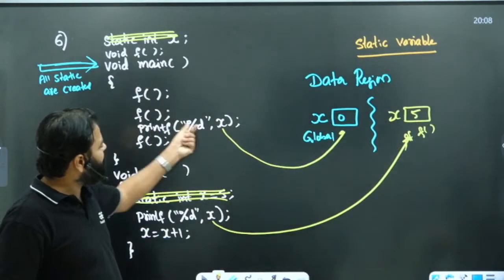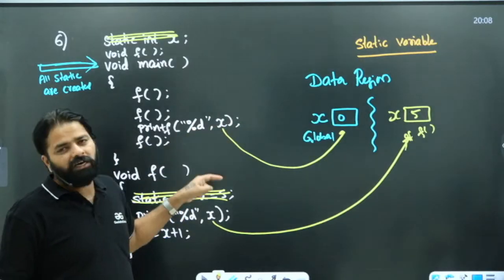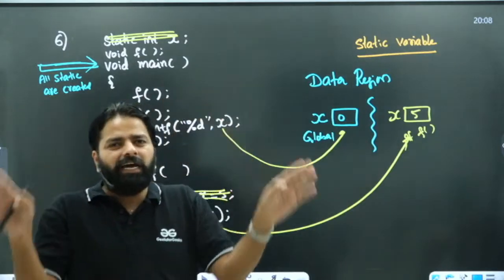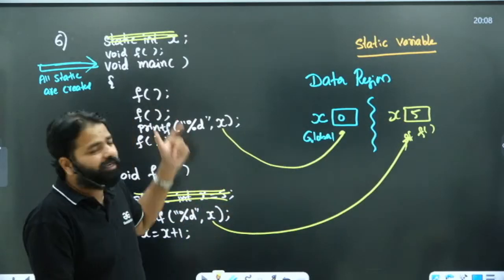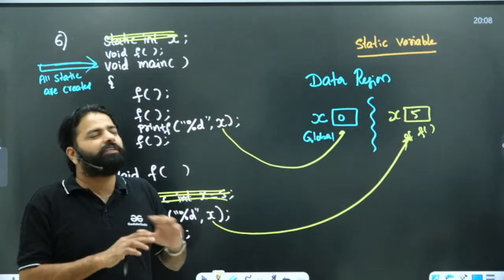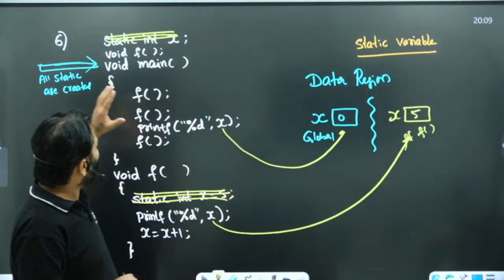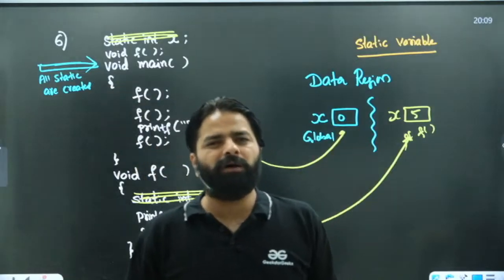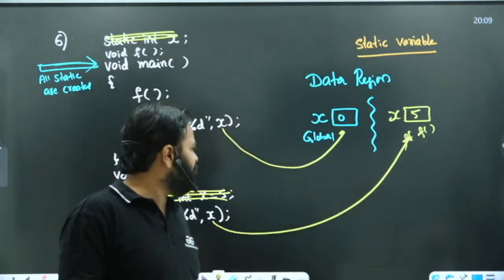Every function has an access link, and that access link will help to access the data which is not there locally. When you create the stack, there are variables in the stack itself, like local auto variables, but static variables are in the data region. All these links are made during compilation only, because C is a static scope based programming language, correct?